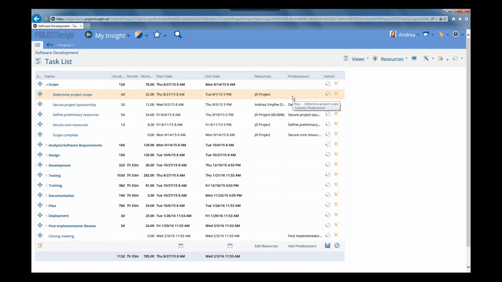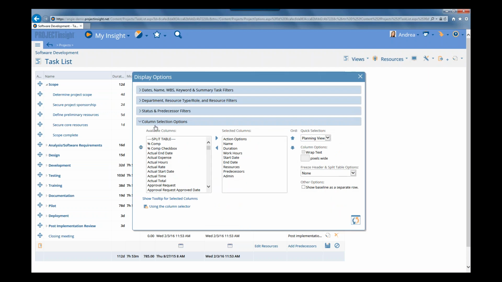Now, if there was a change from this original approved plan, you're going to want to discuss it with your stakeholders and all that kind of thing before you actually implement that. But if you want to compare what you agreed upon with your stakeholders to your current plan, you can click on the Display Options icon